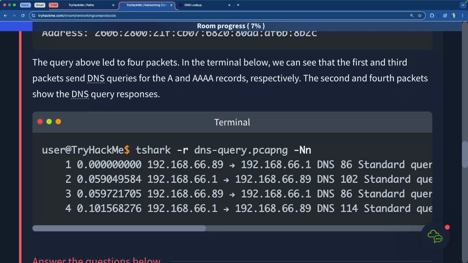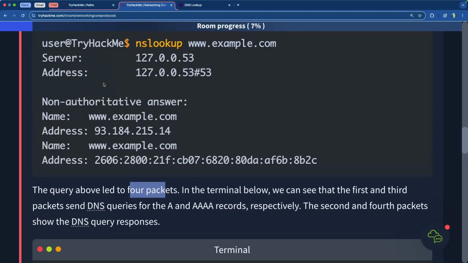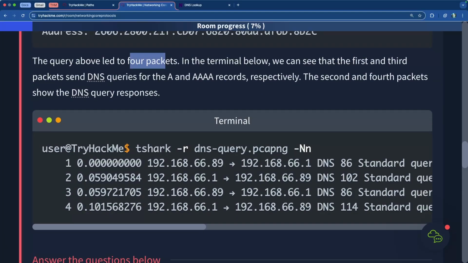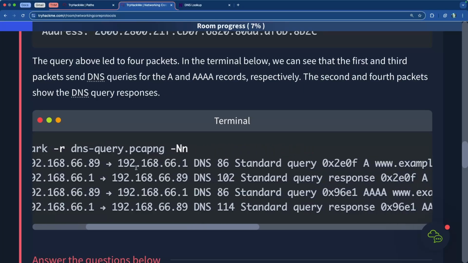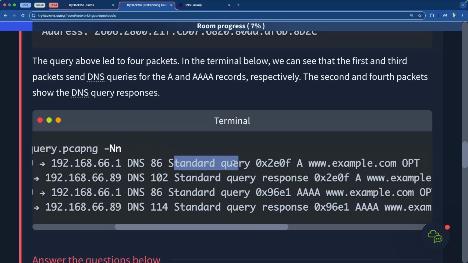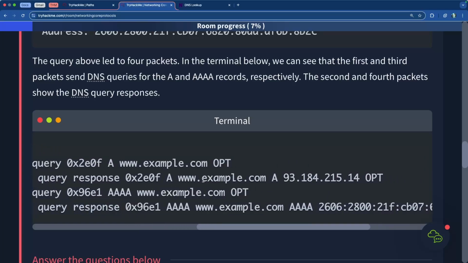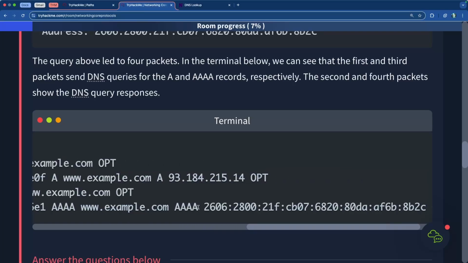Now, it led to 4 packets, in this example that we had right here. In the terminal below, we can see that the first and third packets sent the DNS queries for the A and quad A records, respectively. The second and fourth packets show the DNS query responses. So the first and third are the queries that were sent out, and then this one and this one were the responses that came back to us. We can see that at the end of the response for this one, we see the IPv4, and at the end of the response for this one, the quad A record here,